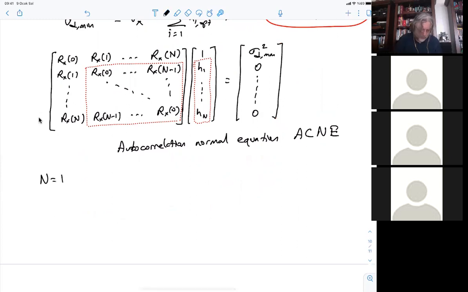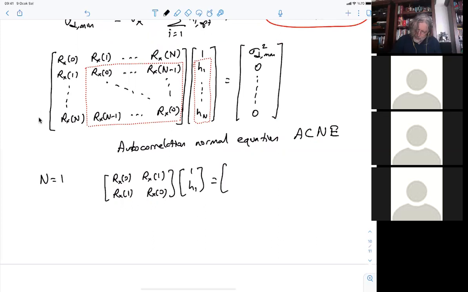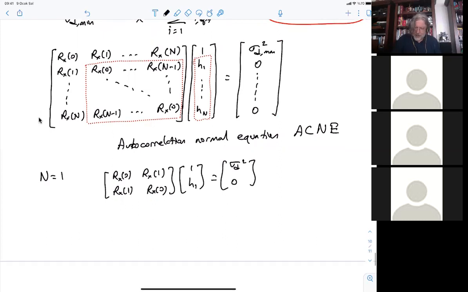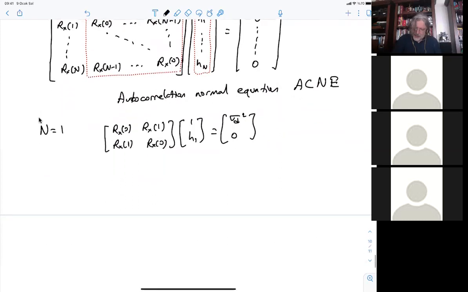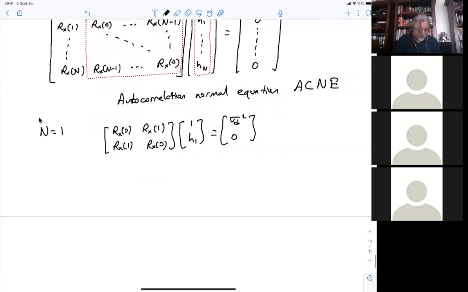When n is equal to 1, we have this autocorrelation normal equation, Rx0, Rx1, Rx1, Rx0 times 1 H1 is equal to sigma square 0. This is the smallest autocorrelation normal equation that you have. And when you solve for this, you see that H1 will be equal to,